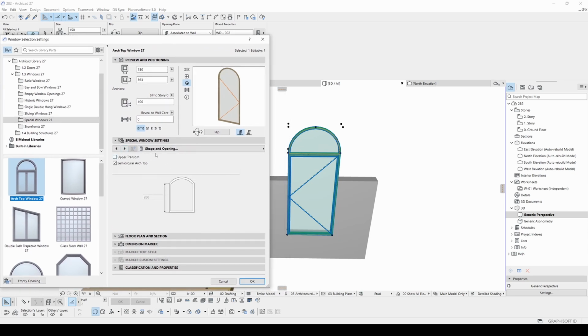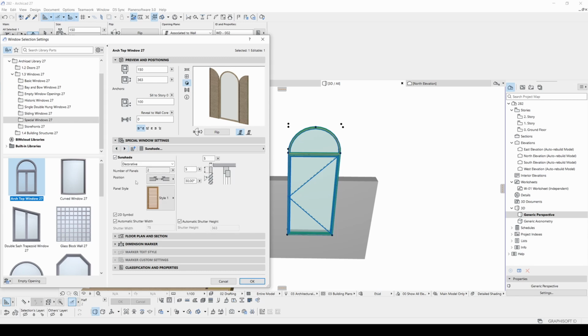to uncheck this upper transom and no sash type. Let's hide the opening line. Textures are not important for now. The most important thing is the placing. You will see this sunshade. To close the shape, as you can see now this is open, but it's unable to open. If you want this closed, you will switch to regular and make this 180 to 0.